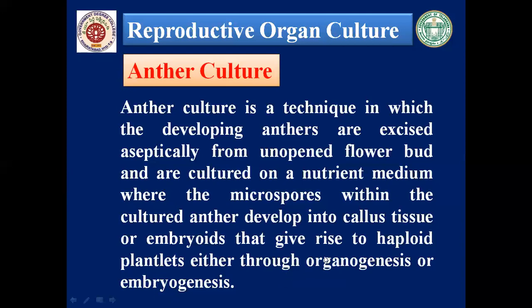So what does it mean? The indirect way is through the formation of callus tissue, and from the callus tissue they differentiate into organs or primordia. That is organogenesis. If they directly develop into embryoids, which are similar to the structure of a zygotic embryo, but develop through the proliferation of dividing somatic cells, that is known as embryogenesis. So it happens in two ways: either the direct way, that is embryogenesis, or the indirect way, that is organogenesis, where callus tissue formation takes place. That's one of the stages, callus formation.